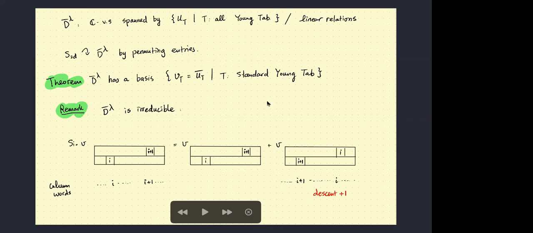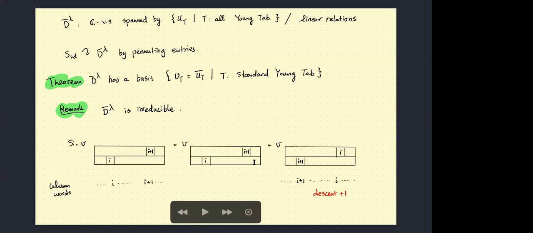And this, I didn't write down the name. This basis is called the polytabloid basis. So these are the two bases I'm interested in, the web basis and the polytabloid basis. Right, and you can easily see from the linear relations that it's irreducible. So you can generate,